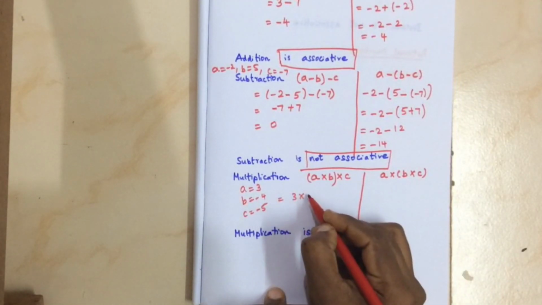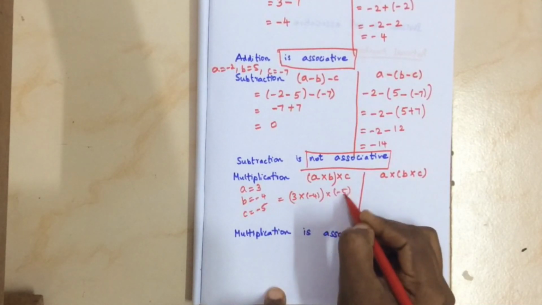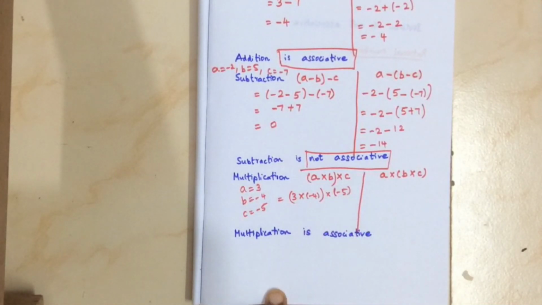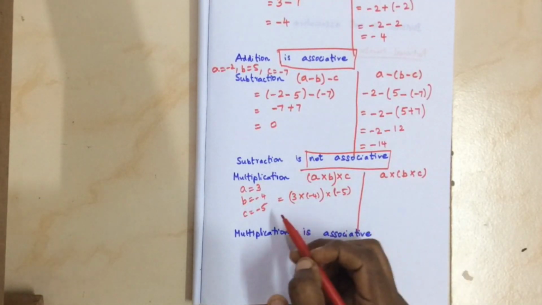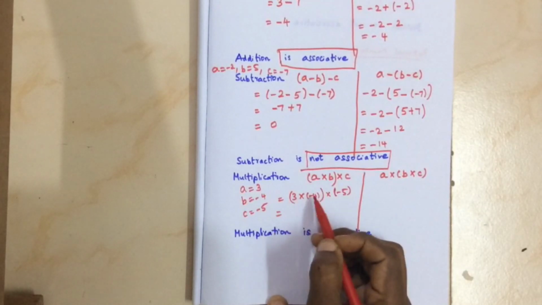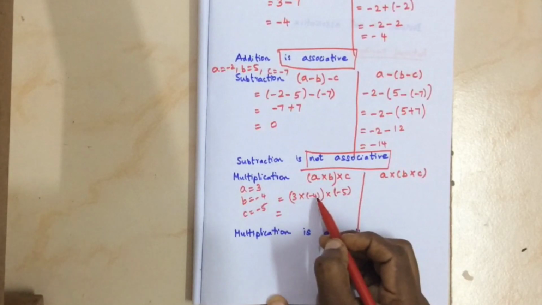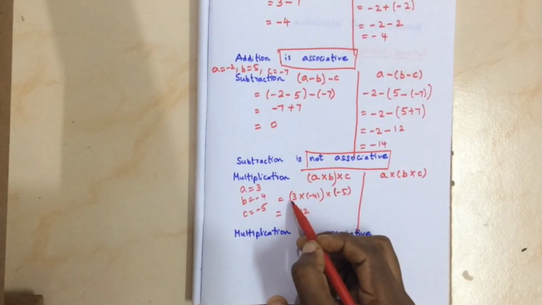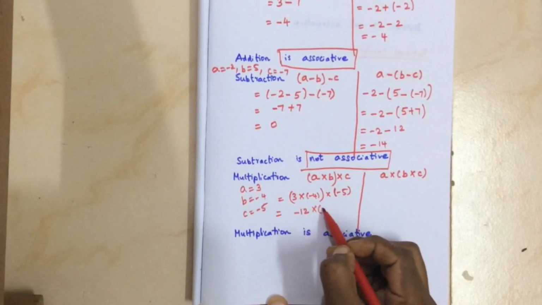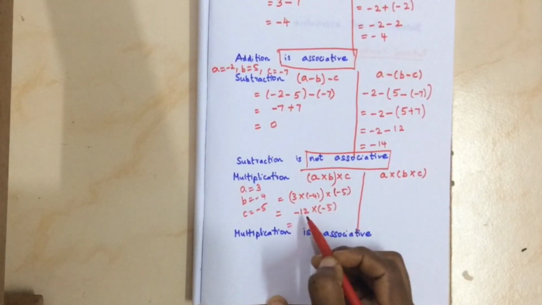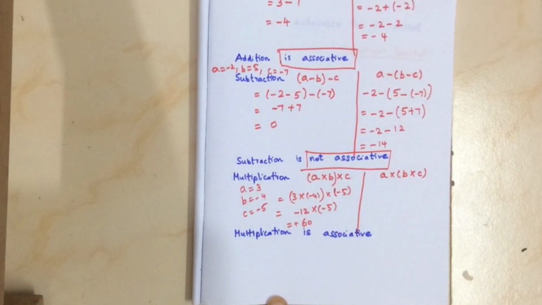3 multiplied by minus 4 multiplied by minus 5. Always, whenever there is a minus sign, it is good practice to write it inside the bracket. So here this is multiplication. 3 should be multiplied by minus 4. So 4 3s are 12. This is positive and this is negative, plus into minus is minus, multiplied by minus 5. So 12 5s are 60, minus into minus is plus. So the answer is plus 60.